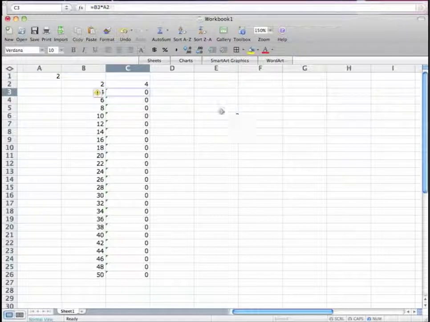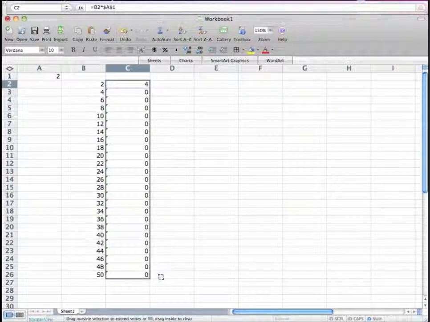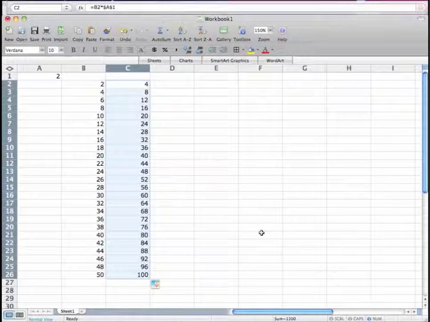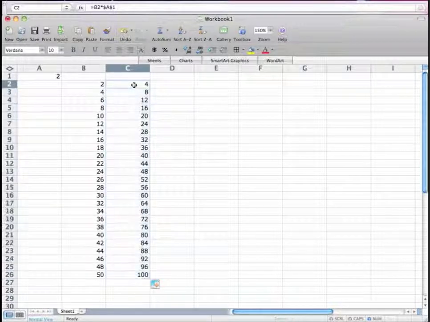If I hit the return key, you'll notice that the result is the same. 2 times 2 does indeed equal 4. However, now when I grab the fill handle and drag, my series has been correctly updated. The reason being is, as we moved in the relative direction downward,